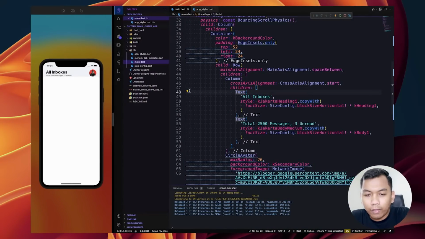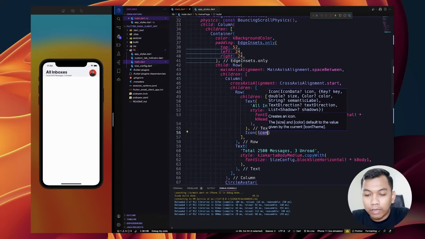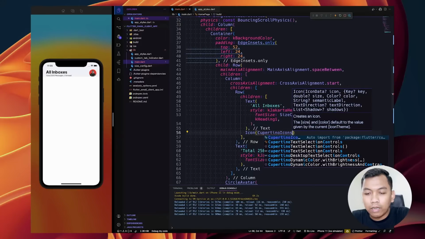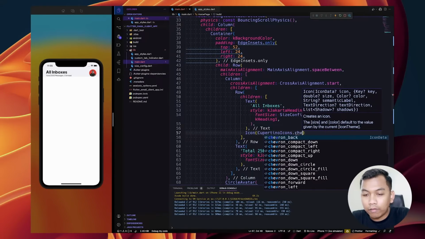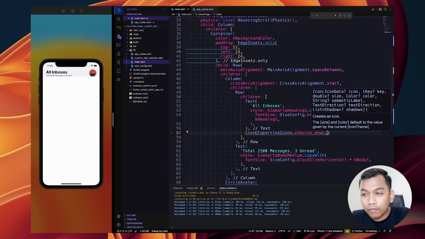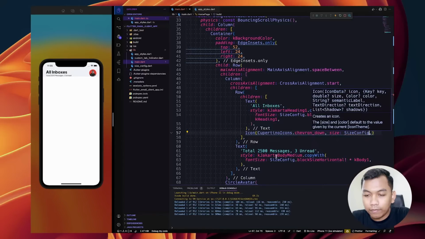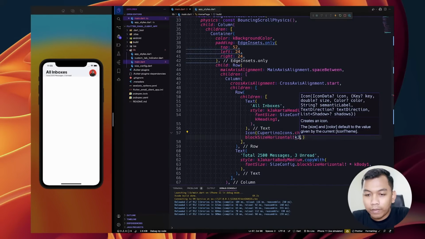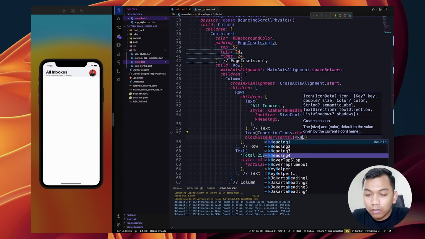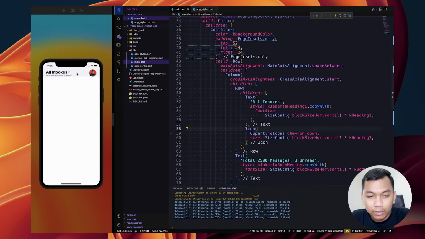So we need to wrap our text with row widget, and right here we will have an icon, and we will use Cupertino icons dot chevron down, and for the size we will say size config and then block size horizontal times 2 K heading 3, and you will see.